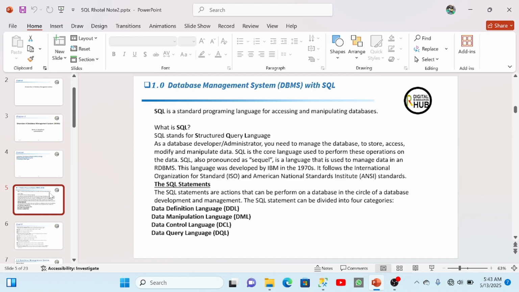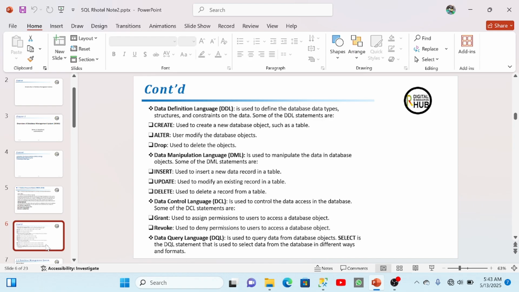And the four statements are data definition language, data manipulation language, data control language, and data query language. You should be familiar with the four statements. According to the notes, data definition language is used to define the database data type, structure, and constraints on the database or on the data, and some of the statements in data definition language